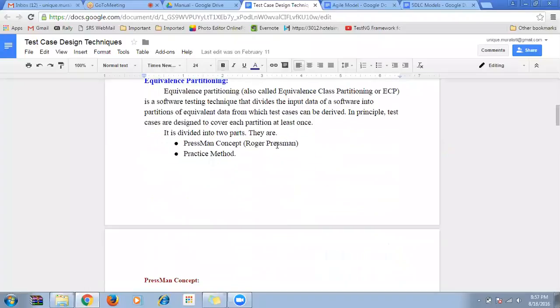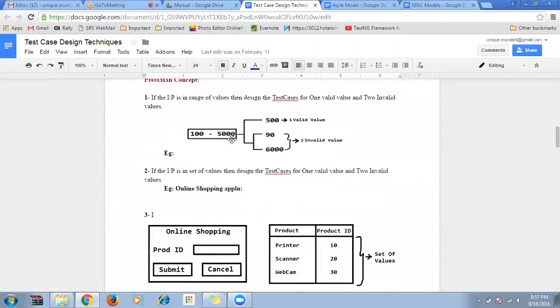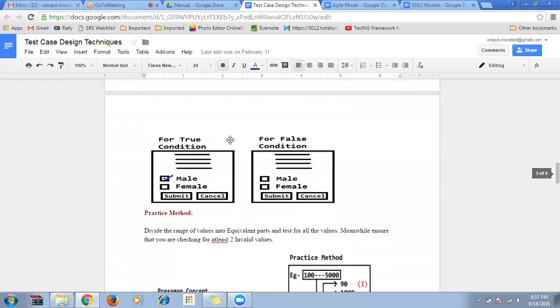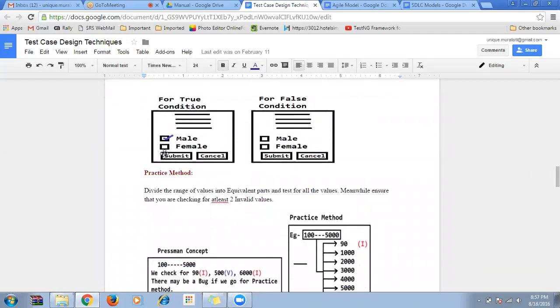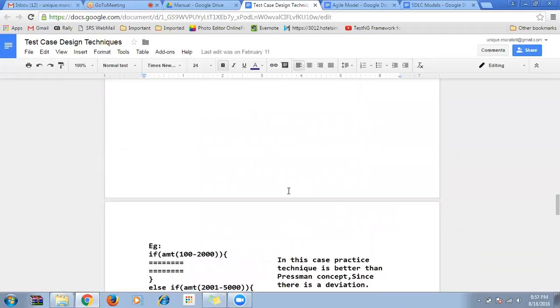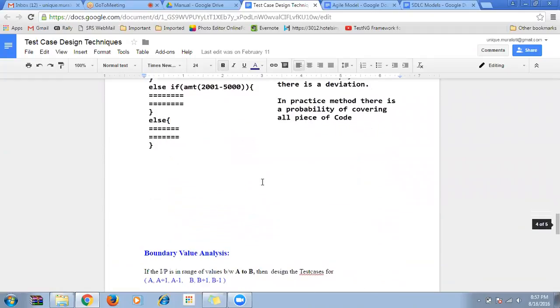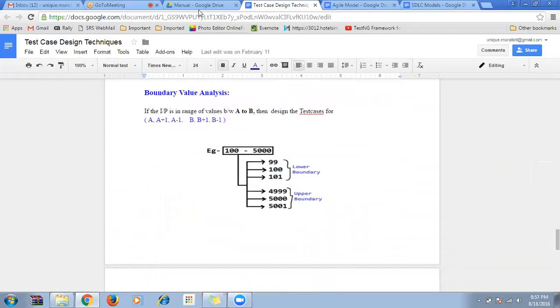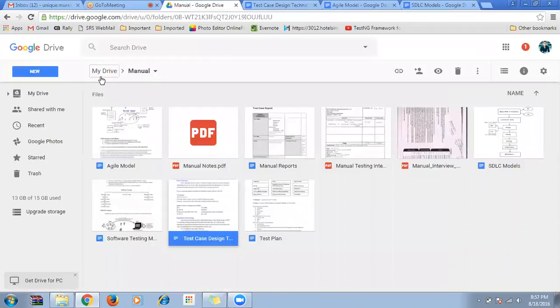What we are going to do is all with the help of a real-time story only. I'll take a real-time story and, based on that, explain how each and every technique is used and how to process it. That's all. Like that, everything will be documented for you along with that.